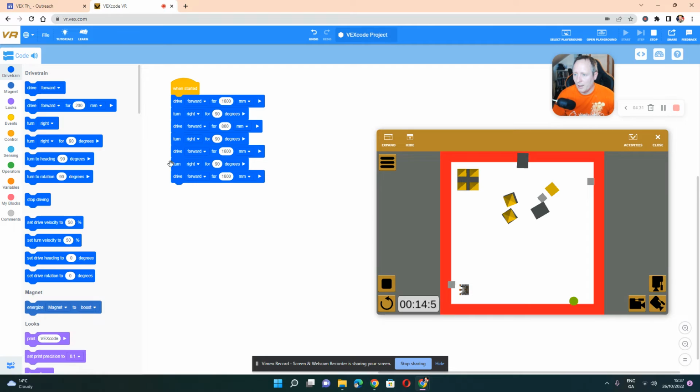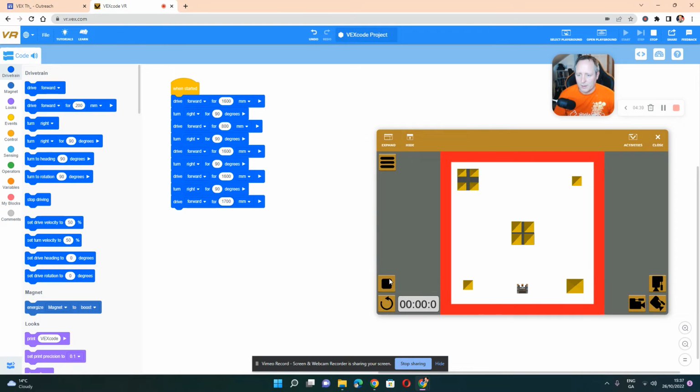Yep, and just to get the last one there, I might need to go a bit longer on this one, I think. 1,700. I think this should just about do it. All going well. Here we go. Da-da. Yes, and that's the last castle knocked. So that's the task complete. Now,